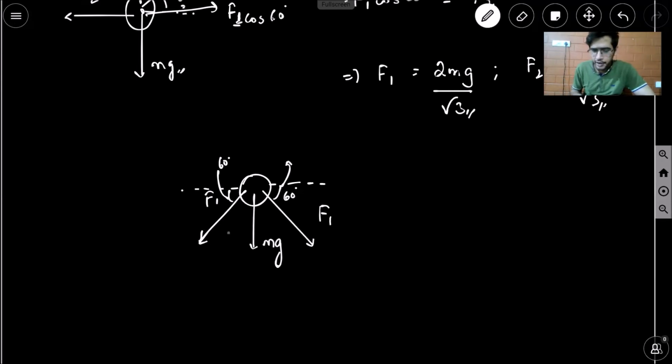So your force acting over here would be F1. It would be the same F1 which you calculated over here. So that means now it's pretty obvious that this block will be accelerating downwards just after the string is cut. So what acceleration will it have? What will be the forces acting on this now? We have your mg force. And now the x components of the forces, as we can see, will get cancelled. So your y component of force will be 2 into F1 sine 60. So this will be accelerating downwards.